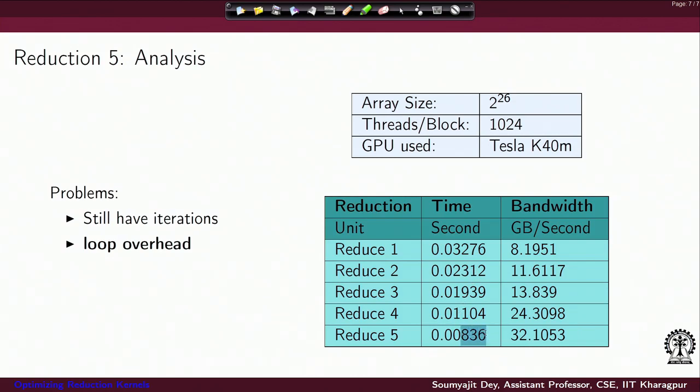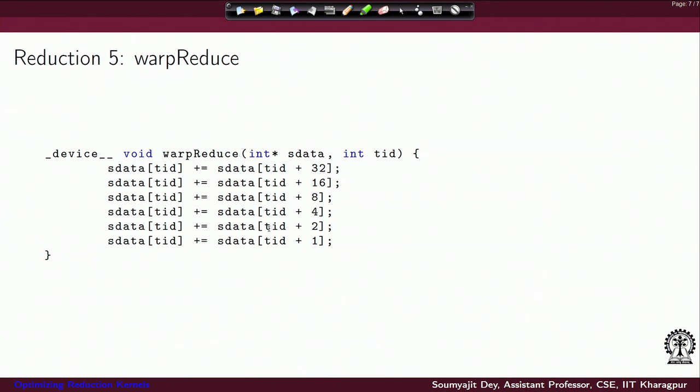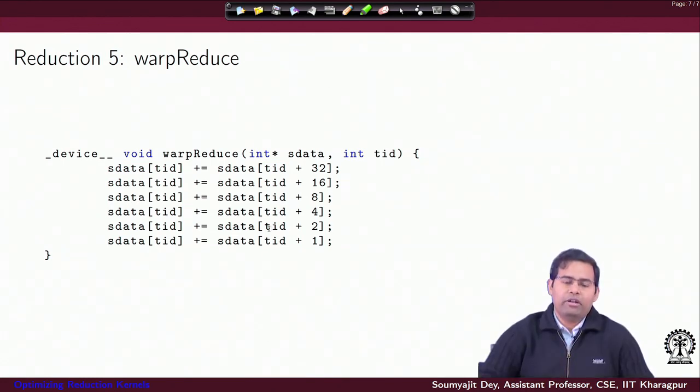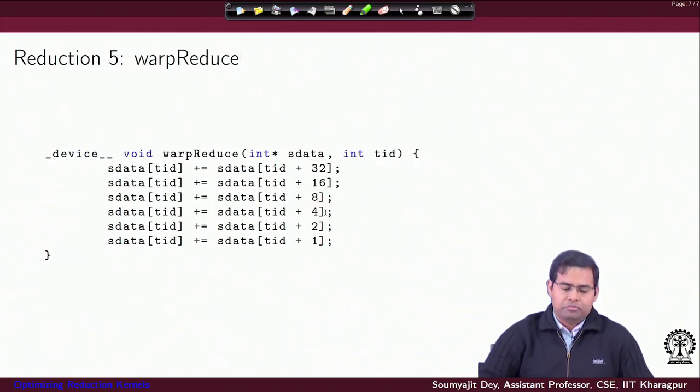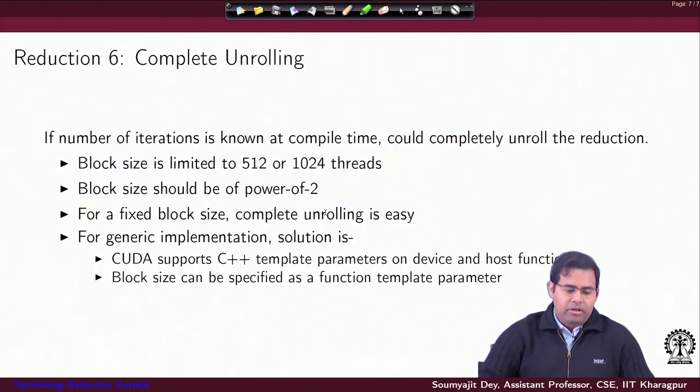So if I do an analysis here, as you can see, this is further doing an order of magnitude reduction in the timing by unrolling the last warp. So this has been quite a successful optimization again, and this was also the result of increasing the effective bandwidth that we are getting for the same code, same array and same thread block choice. But still I have iterations and loop overhead, because although this has made the last warp go fine, for the previous warps I still have this issue of loop overhead, and also I have these multiple iterations to execute, right? So what can be an alternative here?